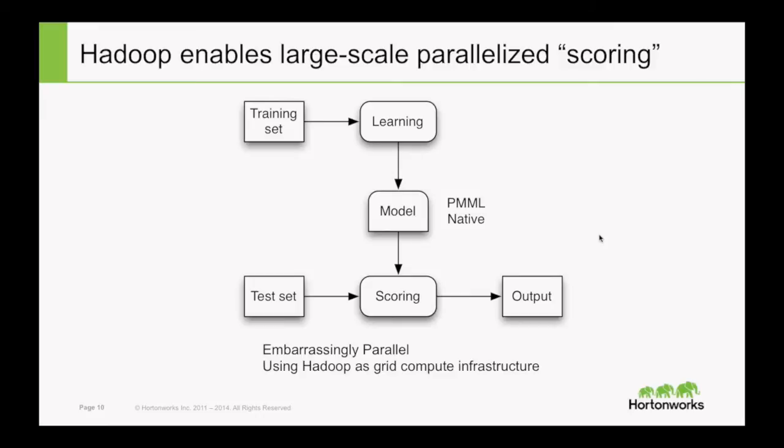Once you do that, you can take your test set, which is the instances you want to score on, and use PMML to score at scale. With Hadoop, you can create your model, export it into PMML, and use things like Hive UDFs to score across a lot of nodes in a cluster in parallel and to do it very efficiently. And with that, I'll transfer the presentation over to Michael.